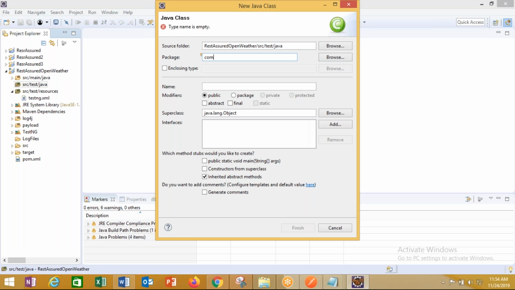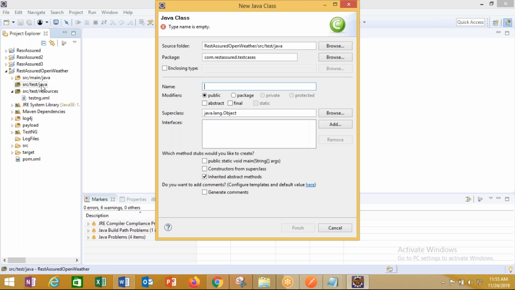Let's call this com dot, and don't call the main method right now. And remember, all the test cases are in the source folder called src/test/java, where you are creating your